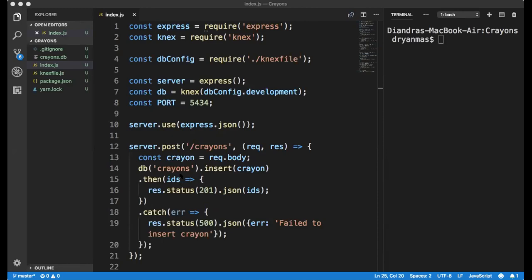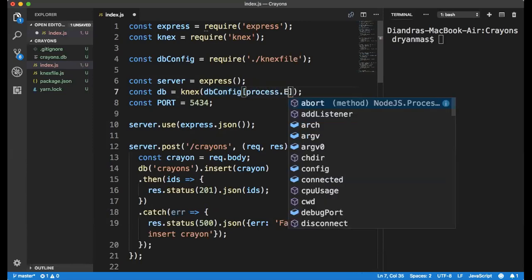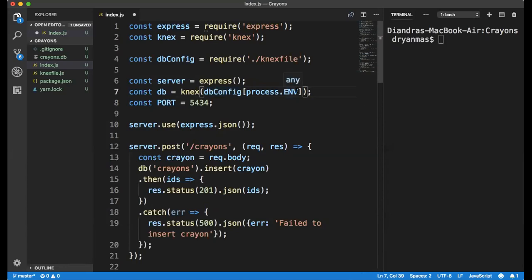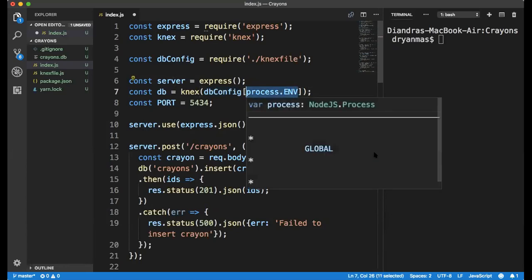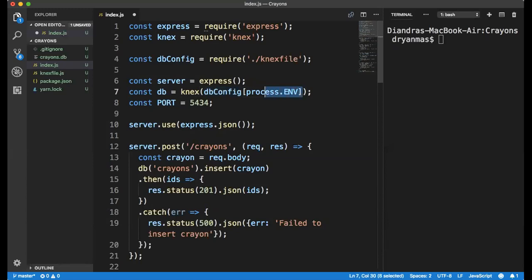So one question about last time is the environment variable. This is kind of an interesting point I mentioned last time, but absolutely not critical for you guys to know. This db config, because this is just a toy code base that we're only using in development, we can hard code in dbconfig.development. In the real world, what you would actually do is get your process.env variable and pass that in here. So this is something that if you were to deploy this code base,